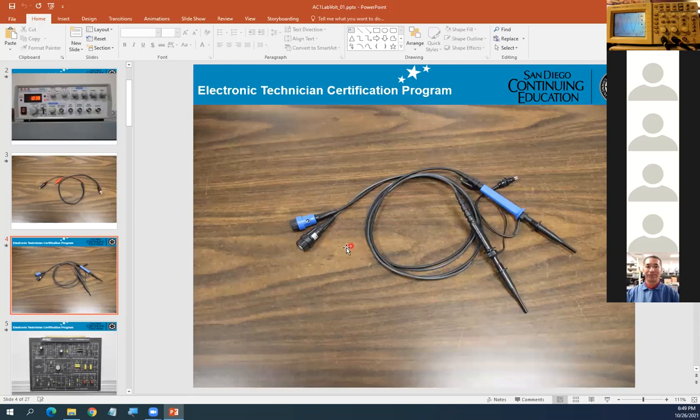Okay, this one you guys already know. Scope probe. Scope probe in here all the time. They get the black one in the ground. They must be grounded all the time. They connect to channel one and channel 2. And also on the scope in here, they get the 1X or